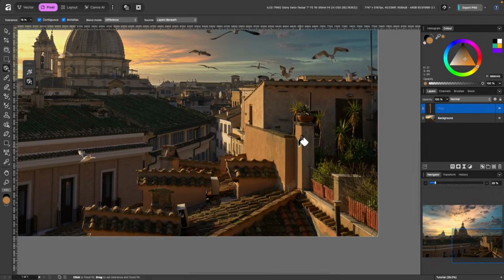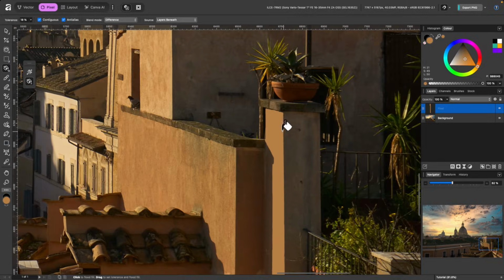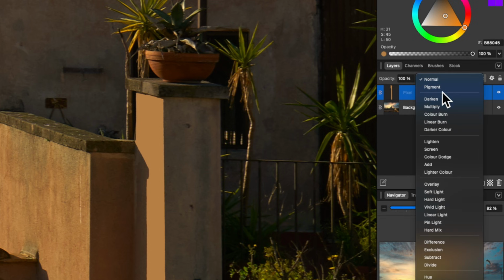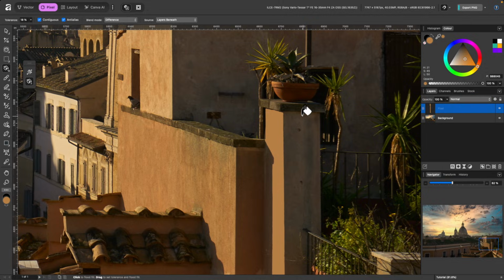You wouldn't really know from looking from far away, but it's a nice, clean, solid color there. And of course, once you've done that, you can go over to your blend modes and choose the kind of blend mode that you want. So I'll press Command Z again a couple of times, there we go, we're back to normal.